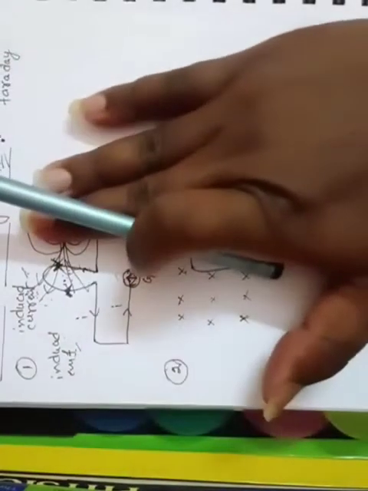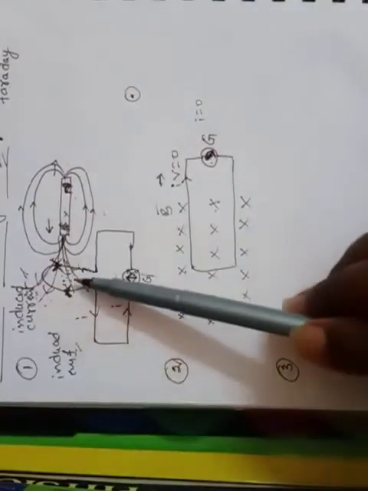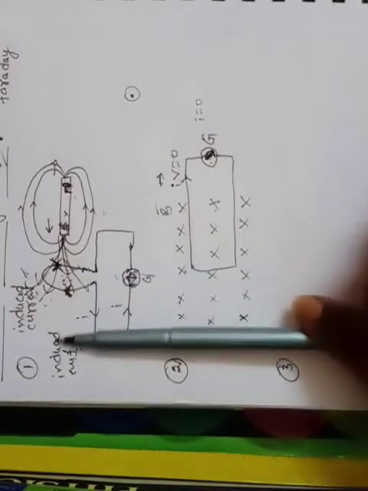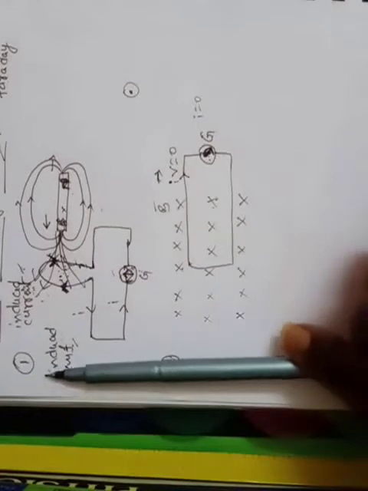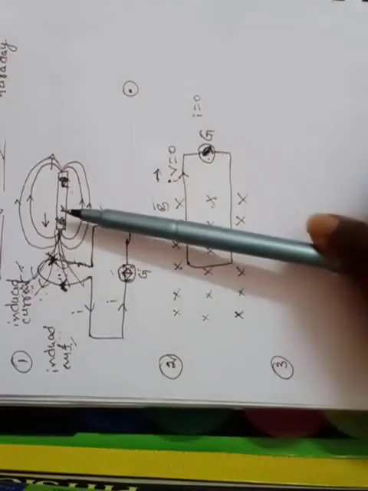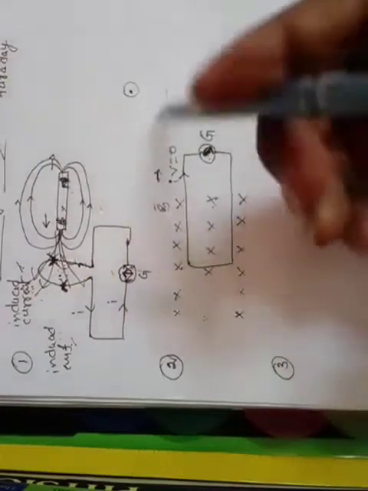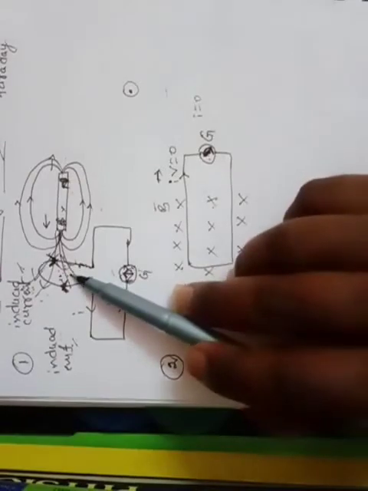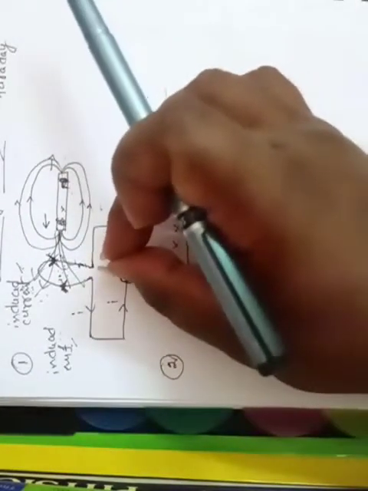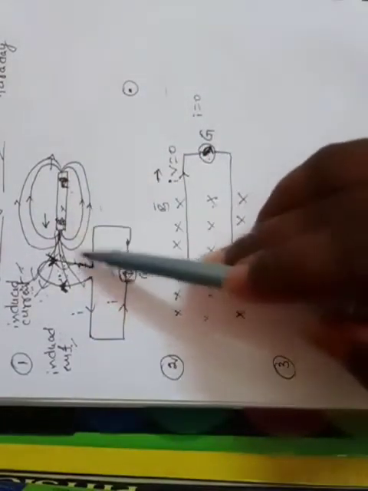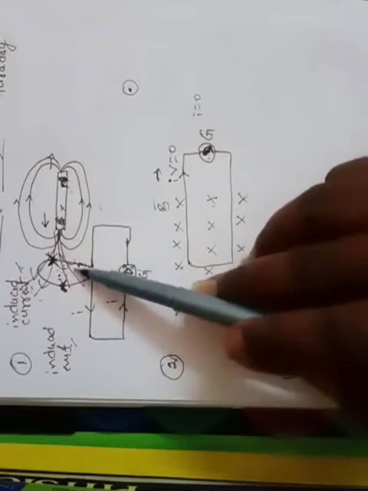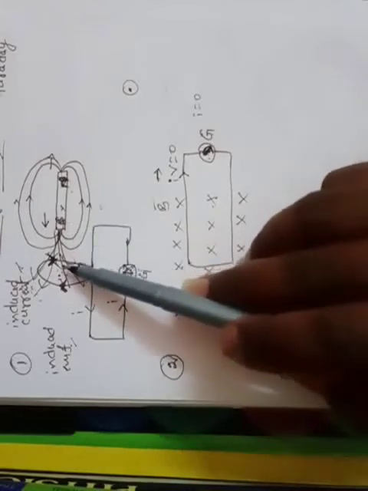Now if we keep the bar magnet at rest and allow this closed circuit to be in motion, whether it is moving away from the bar magnet or towards the bar magnet, we observe the same effects as we did with the moving bar magnet. So whether the coil is in motion or the bar magnet is in motion or both are in motion, there must be relative motion between the coil and the bar magnet. If either one is in motion or both are in motion, an induced current must exist.